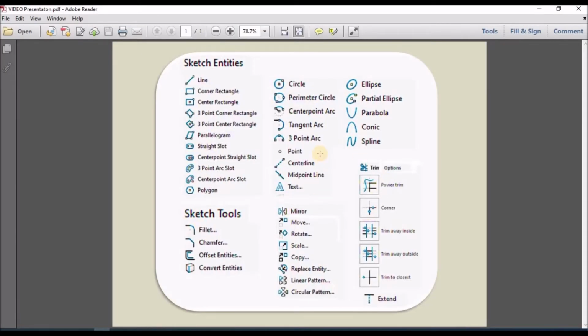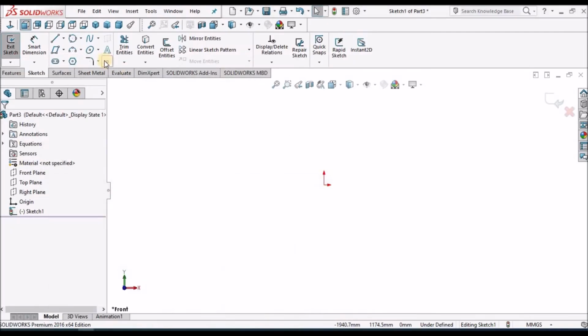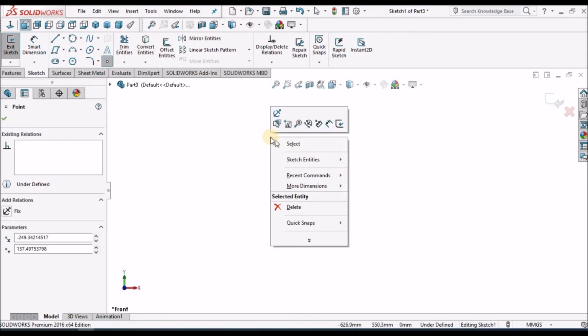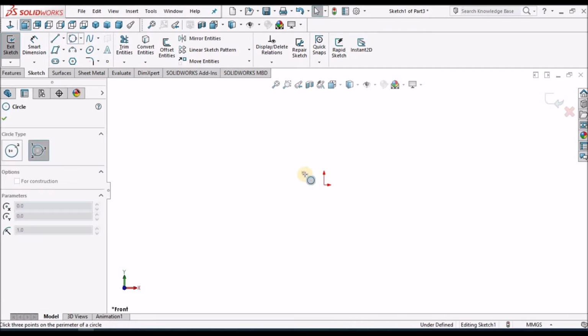So next options are center line, which I have already explained, midpoint line, and this point is left out. So the point: if I want to place any circle at a particular location, I can put this point and I can place this circle.